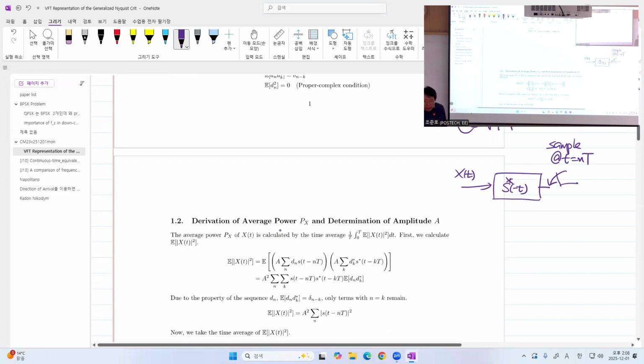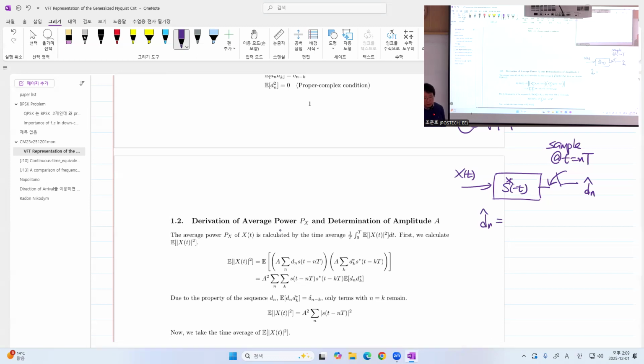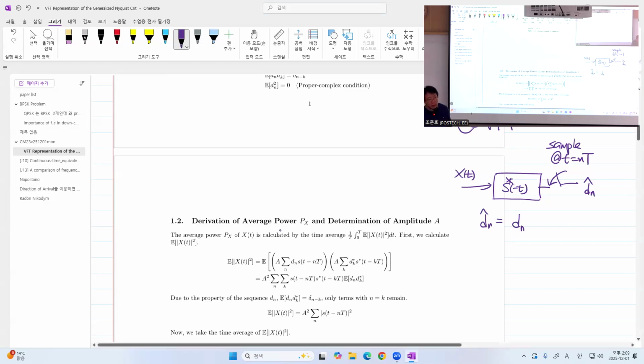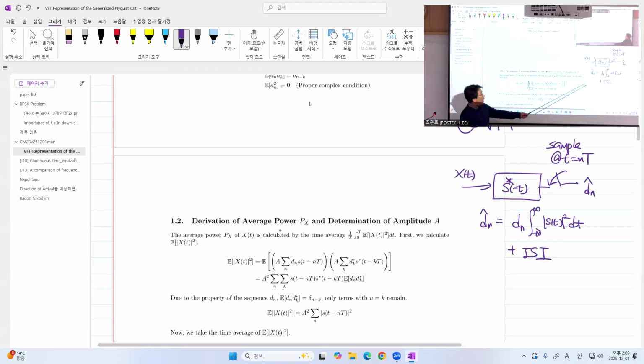And what you want is that this D hat has what? Desired symbol component and intersymbol interference. And you have D sub n. And what do you have? Here you have the integration of the norm squared of S of t dt plus ISI. Now you see why I love to have